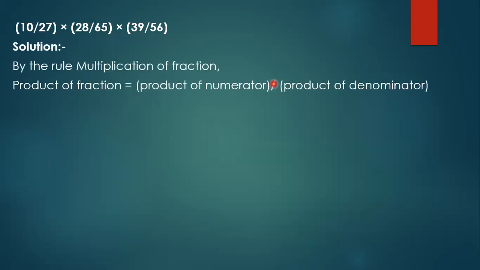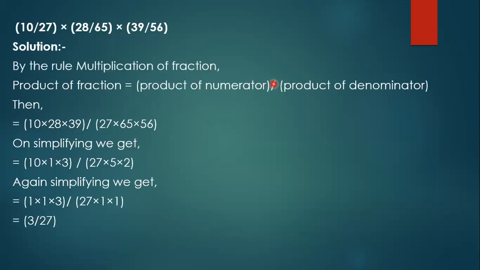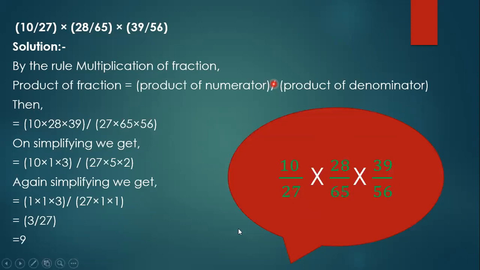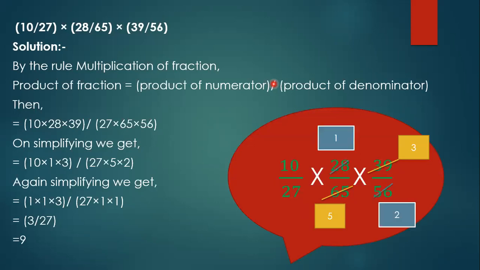Again, three fractions are given to you. Instead of doing it this way, I'll simply prefer writing them this way. Now children, 65 and 39 both are divisible by 13. Here you can see 28 and 56 both are divisible by 7. So what can I do? I can write in 13 table, 65 goes 5 times, 39 goes 3 times. In 7 table, 28 goes 1 time and 56 goes 2 times.